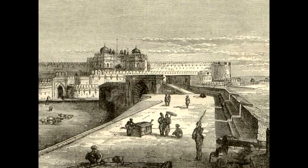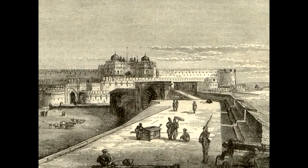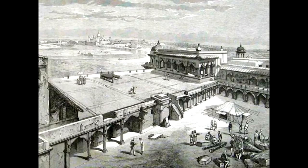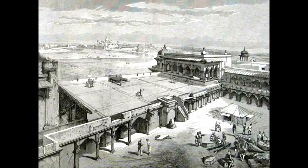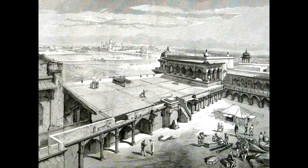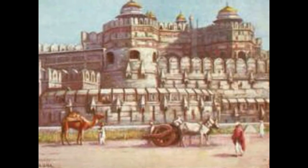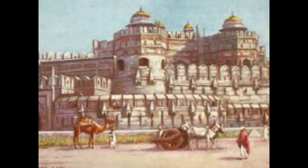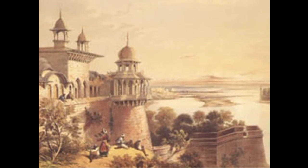This early 19th century British engraving shows that the Red Fort's been used for a very long time as a military structure. Another early British 19th century engraving showing the Taj Mahal on the Yamuna River in the far horizon. A very early postcard illustrating the very high walls. Once again, the Indian inscriptions on a tablet of marble are a bit hard to take in. They need to be